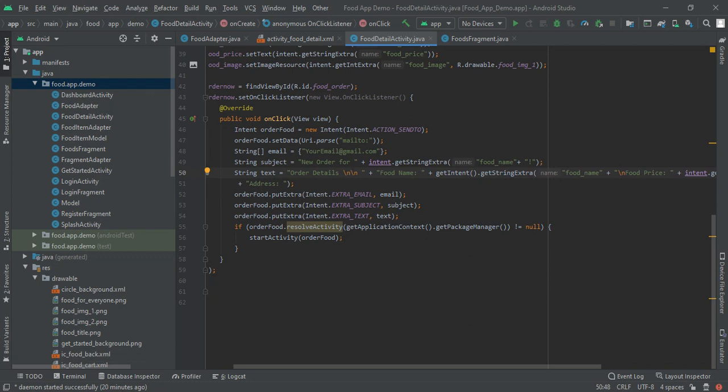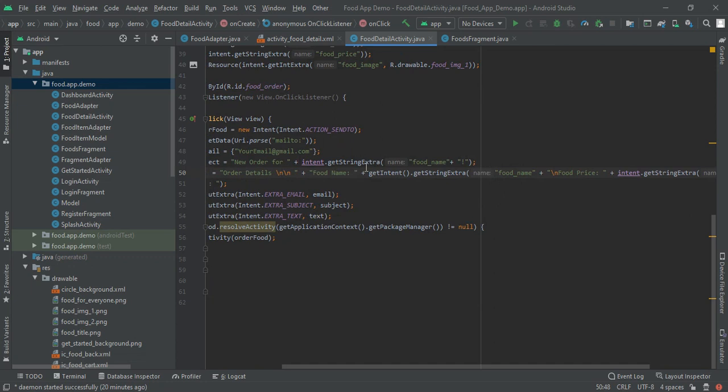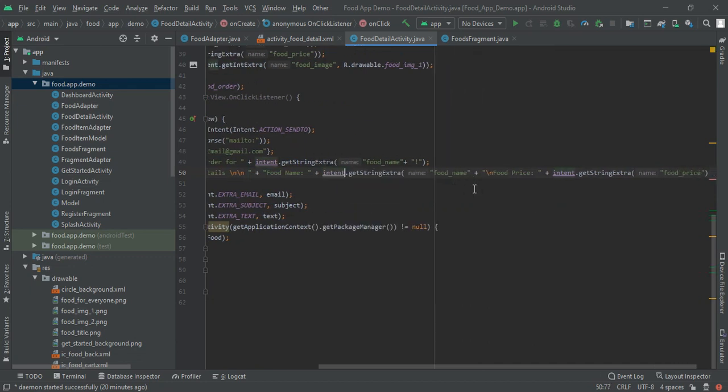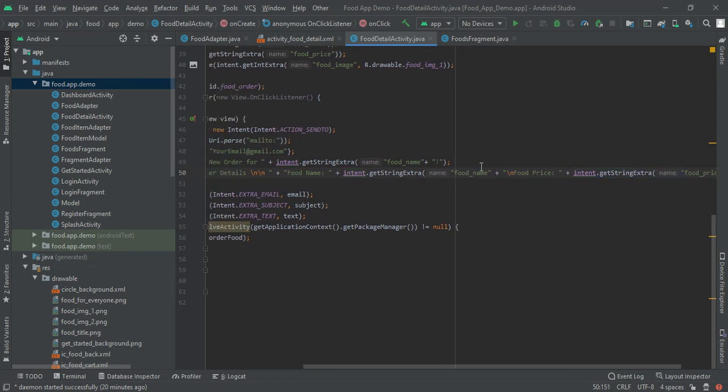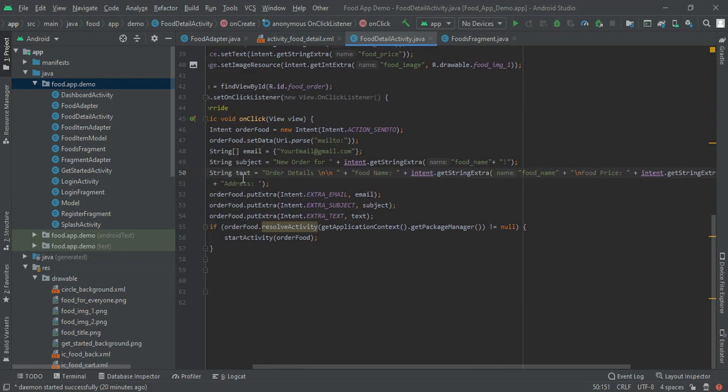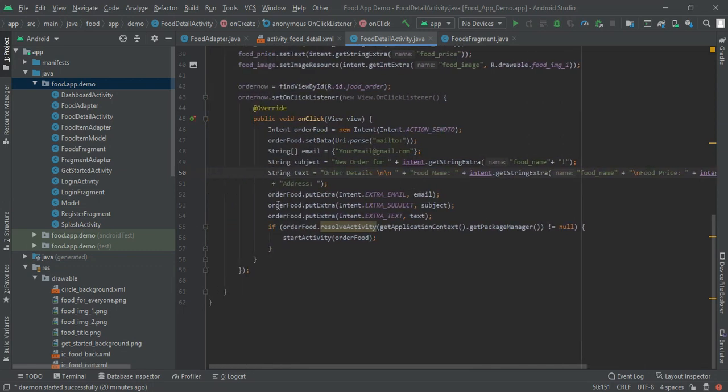Then food name we will get from intent get string extra, and then again leave some space and give food price, and then again get from intent food price, and then address user will write afterwards.